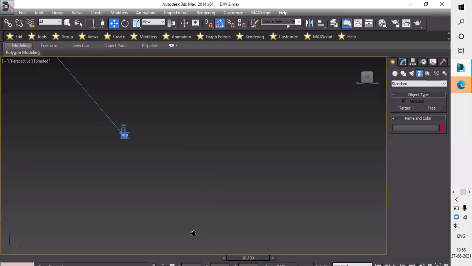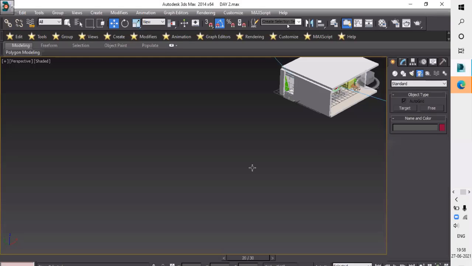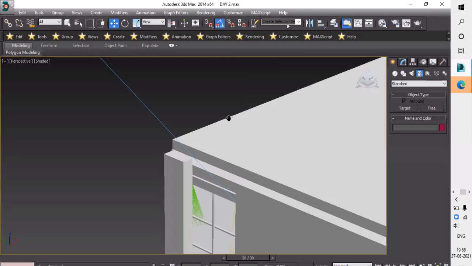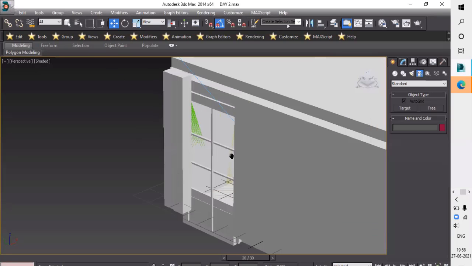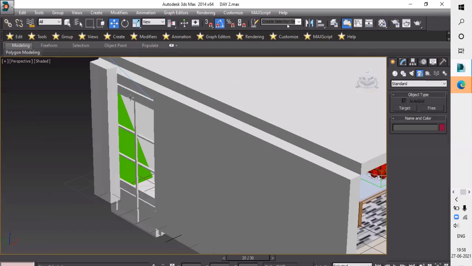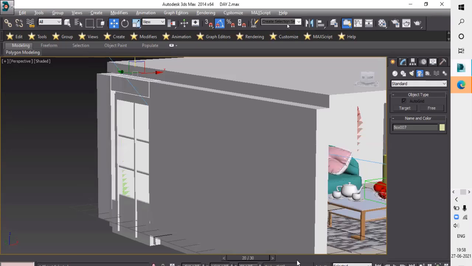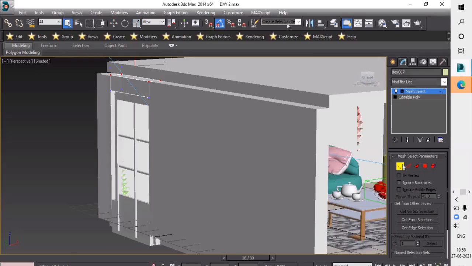So I will tell you one thing about how we can create the glass. Everyone, how many people are there? 24 participants are there. No one has asked me about the glass texture.